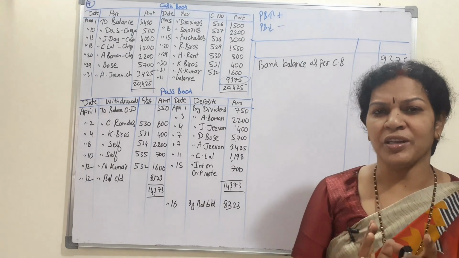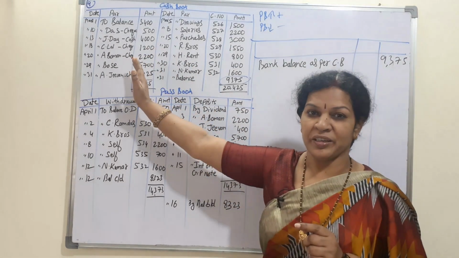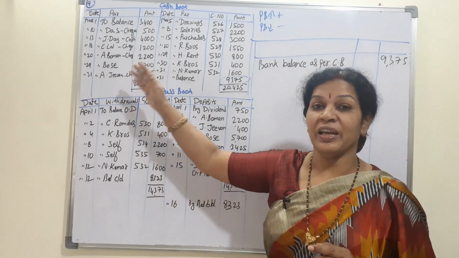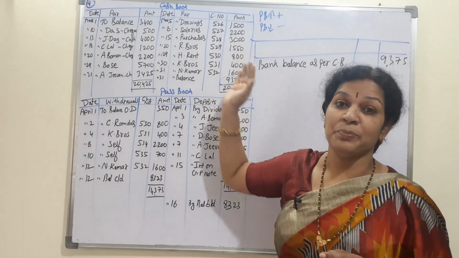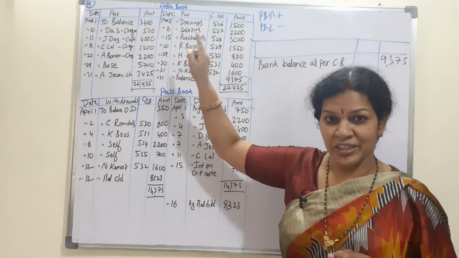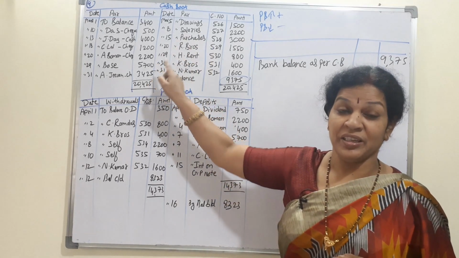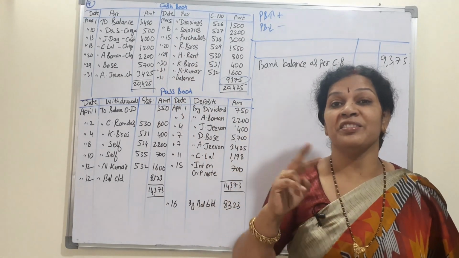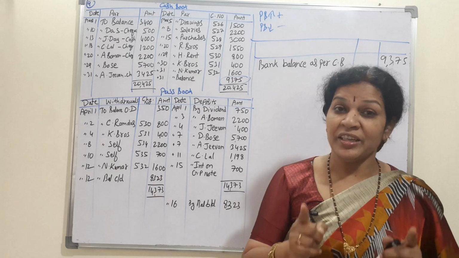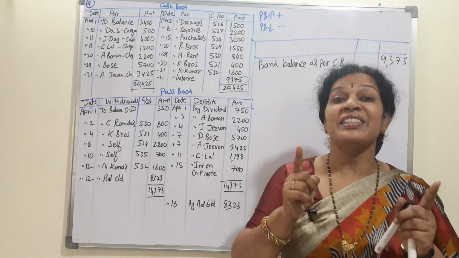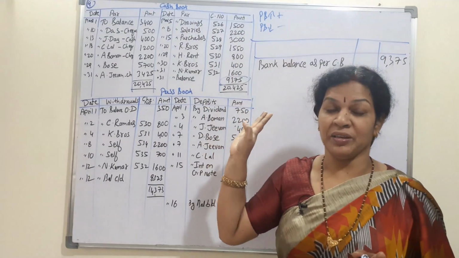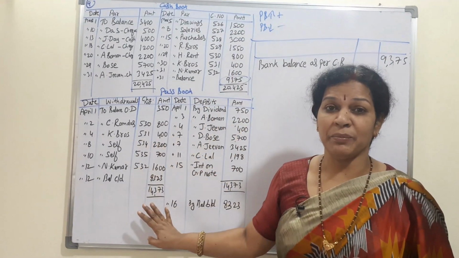Now I'll tell you the simple logic. Cash book debit side means receipts, all the receipts, and cash book credit side means payments. When you deposit any check, you write it on the debit side. It is being sent to the bank for collection. If the bank collects it, it will appear in the passbook in the same month, March month passbook only. But for us the passbook is given for April month.